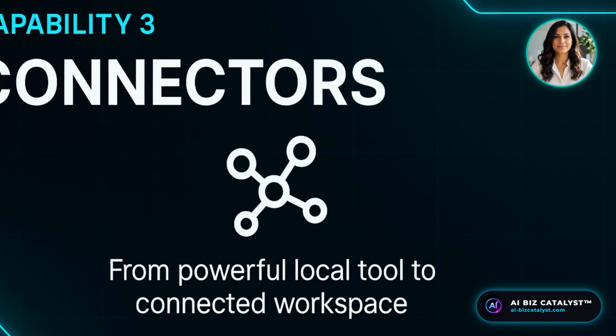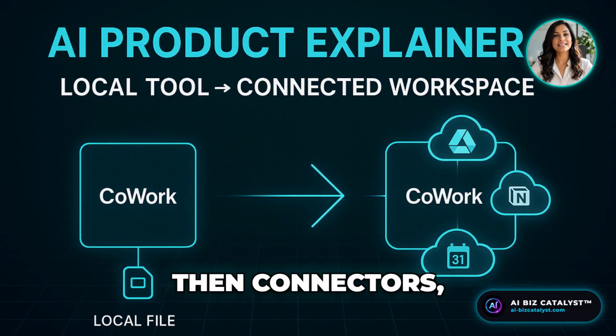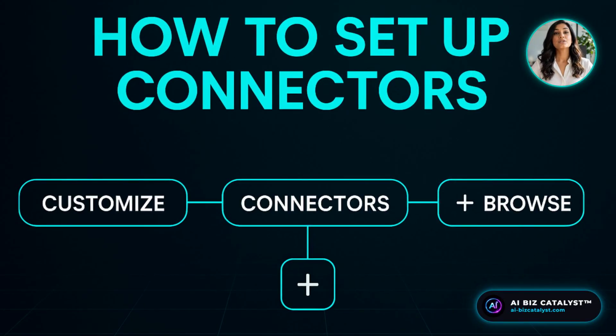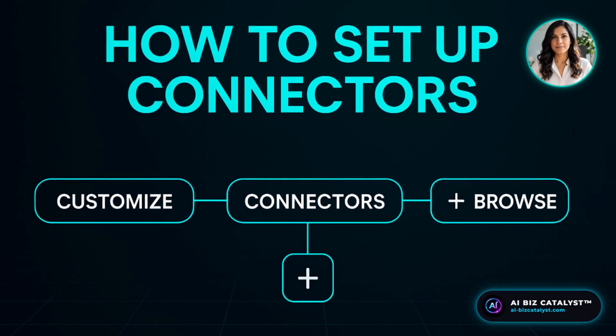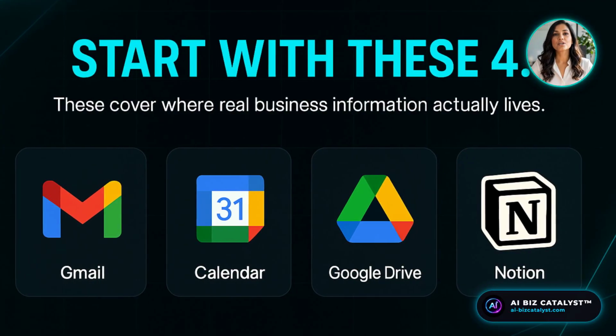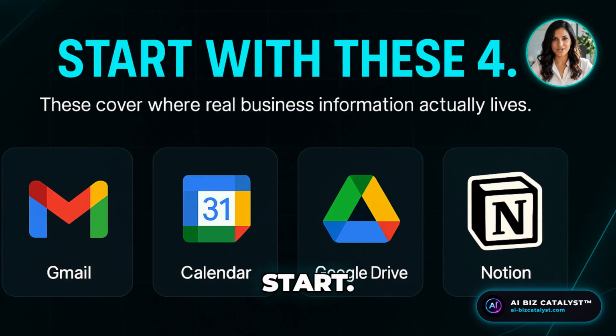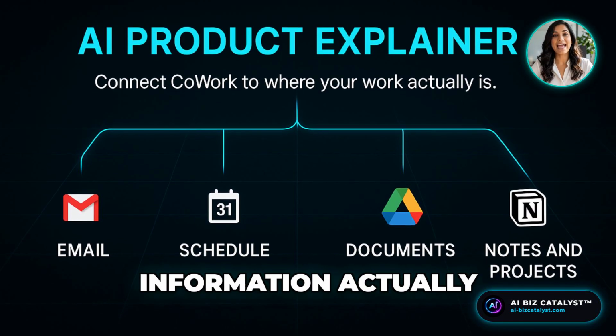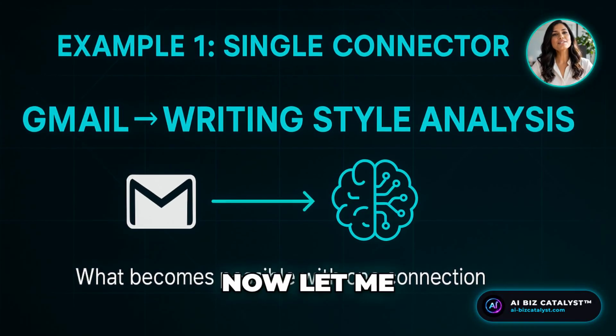Here's how to set it up. Go to Customize, then Connectors, then the plus button, and then Browse. You'll see a growing list of integrations. At minimum, I'd recommend connecting Gmail, Google Calendar, Google Drive, and Notion to start. These 4 cover the majority of where real business information actually lives. Now let me show you what becomes